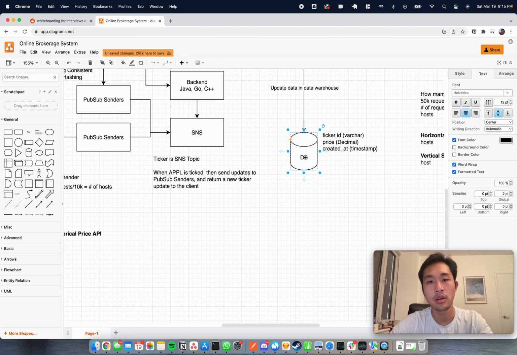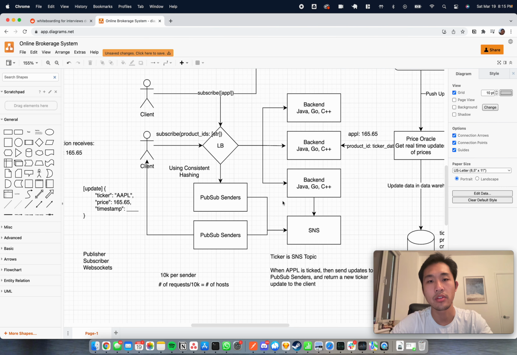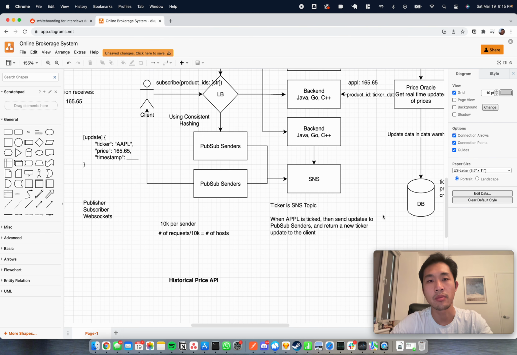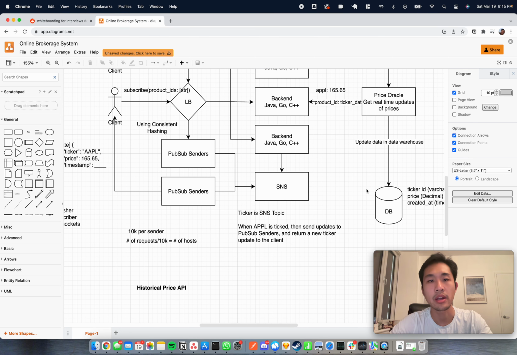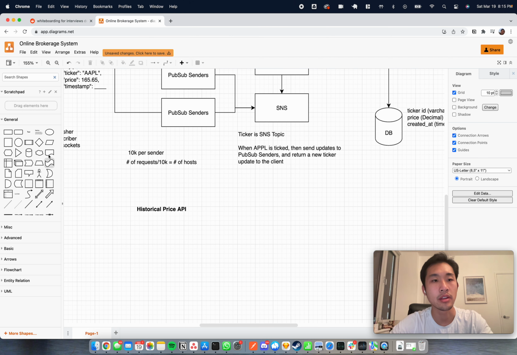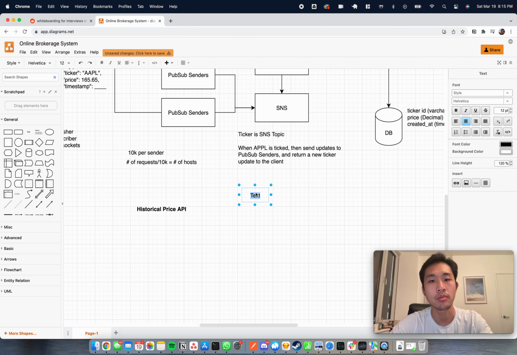So for the historical price API, we would need to reference some of the information for our preliminary data warehouse that we haven't finished yet. But to start out, let's just go ahead and define the price API, since this is something that is going to be much lower transactions per second. So let's do get prices,